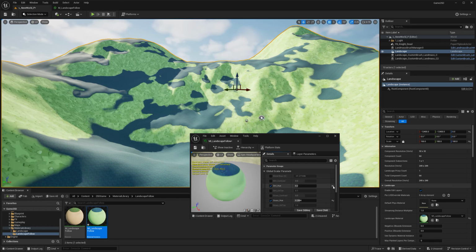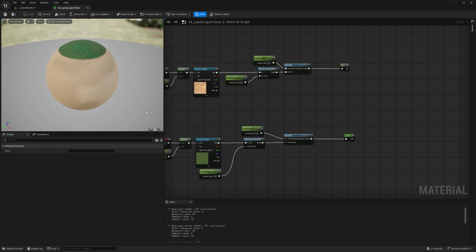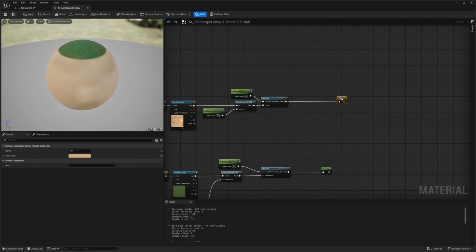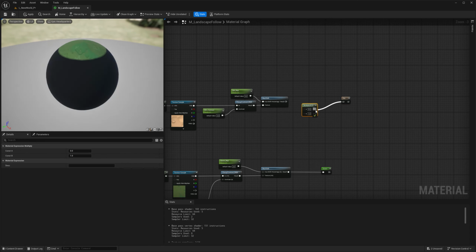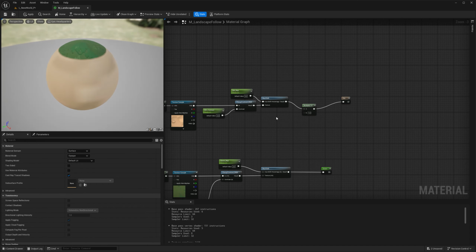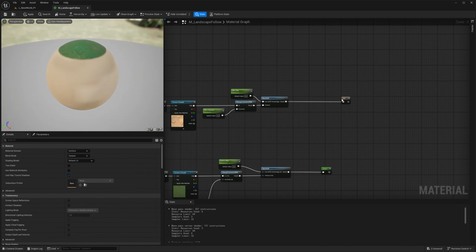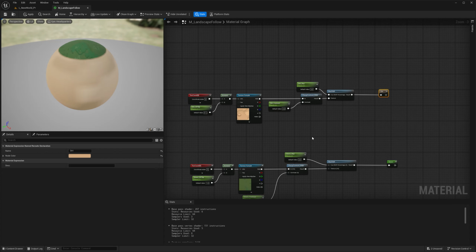Just going to click the tiny arrow to go back to the full values and uncheck. So go back to my material, put this on the side for now. What else can we do? Well, sometimes you would like to do something that is a tint. So it's kind of like hue, but maybe you want to multiply by a specific color. So that's something that you can do. But I think for what we want, to be honest, this is good enough. There's so many other controls to change color and to change variation. You can always combine stuff on top. But again, it's a little bit over the scope of this course.